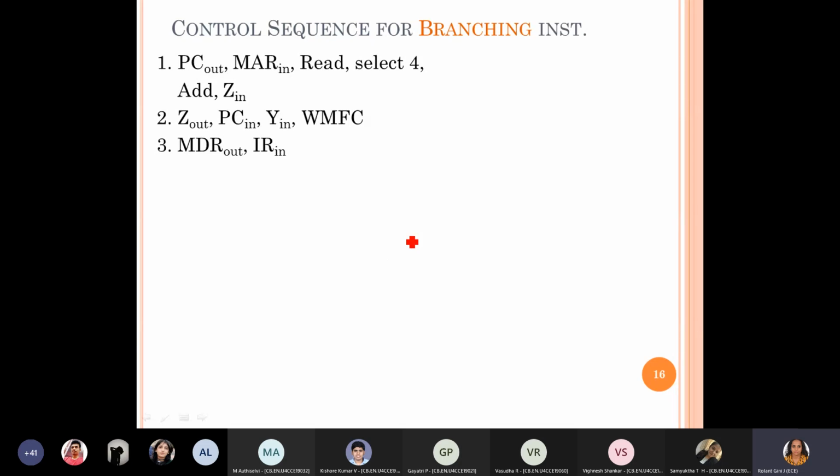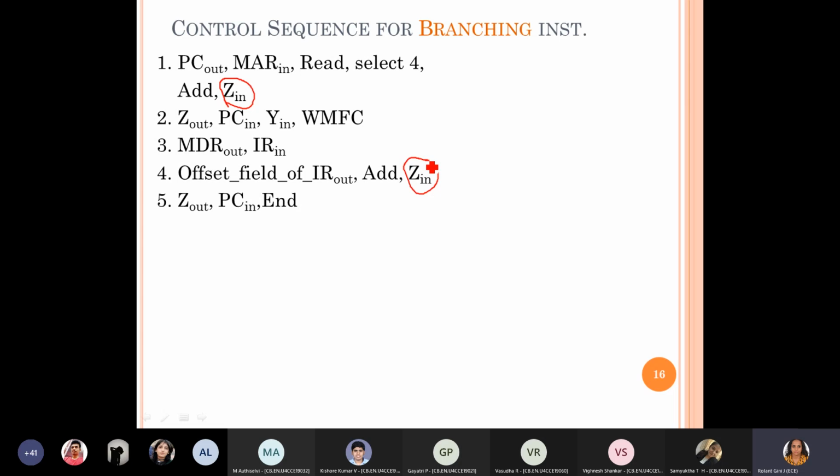And if you check the other instruction, branching without condition, ZN as usual is required at T1 of all the instructions, and at T4 of branching, right?